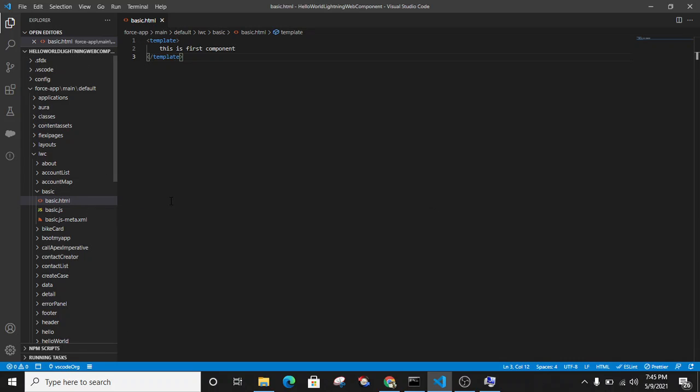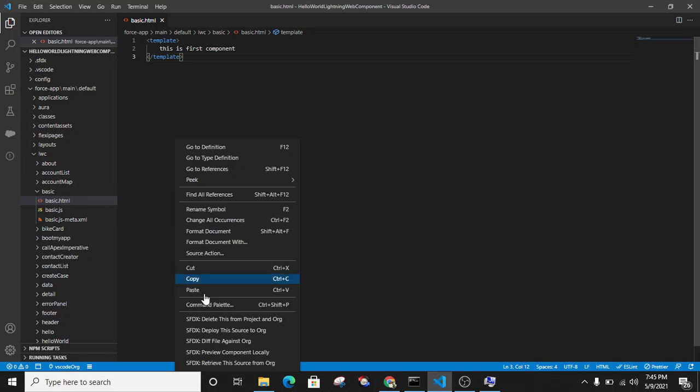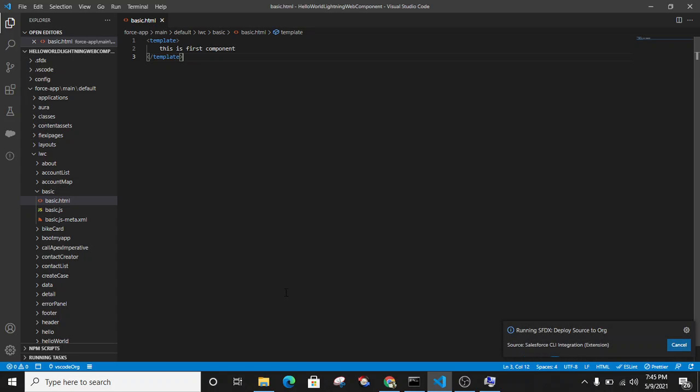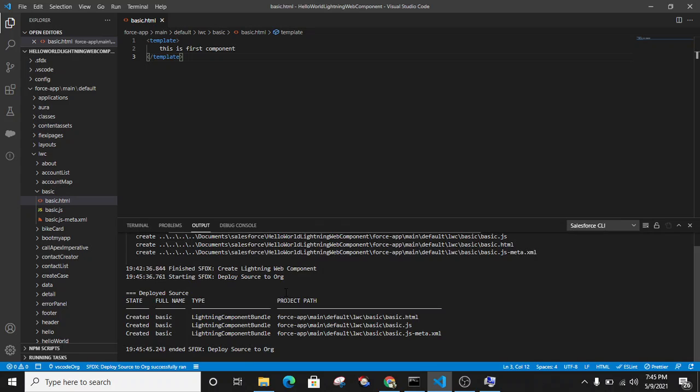So let's deploy this component to org. Deploy it. It is successfully deployed. It will show you like that when it is successfully deployed.